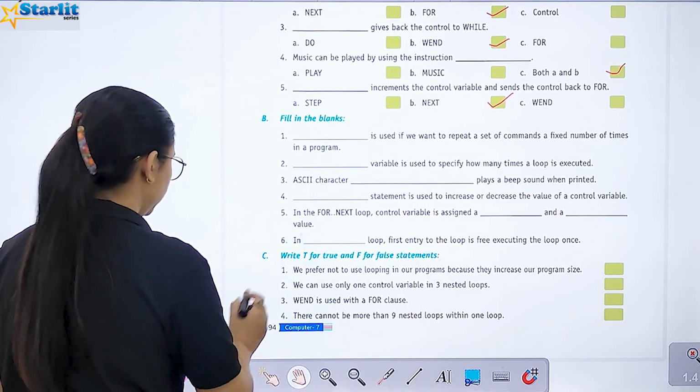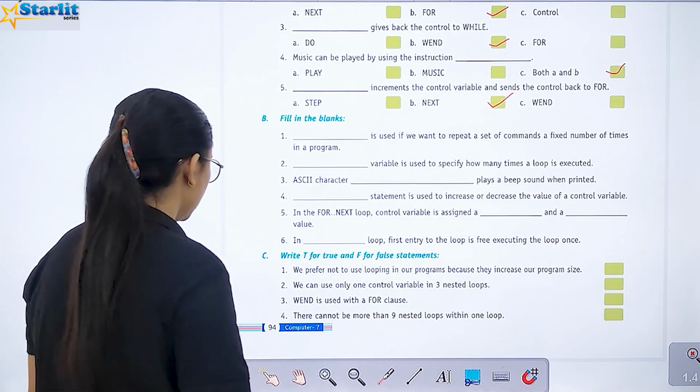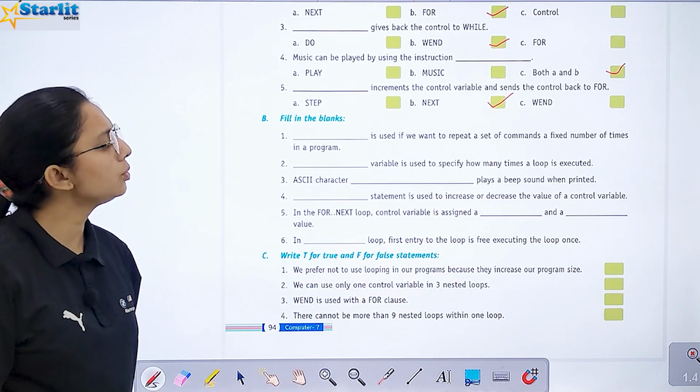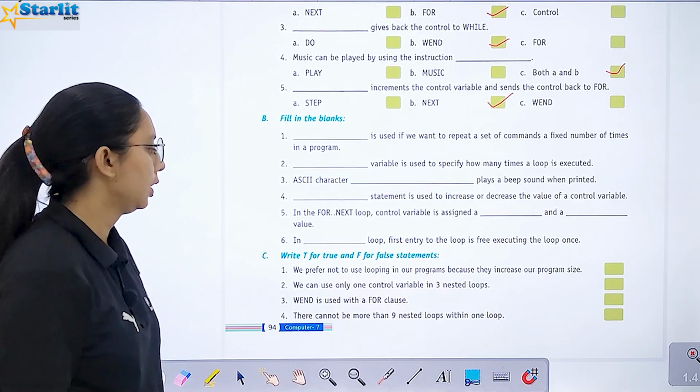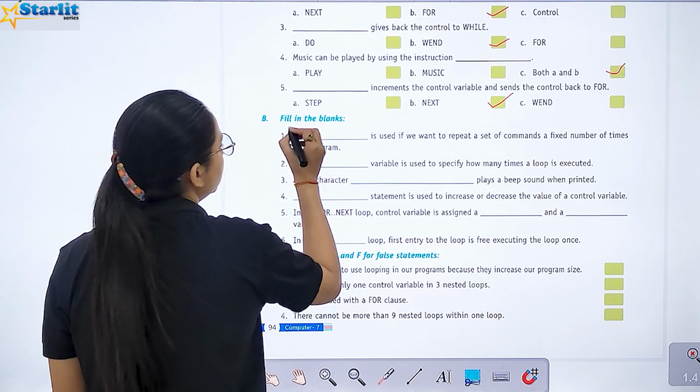Now fill in the blanks. Now dash is used if we want to repeat a set of commands a fixed number of times in a program. So for next loop.